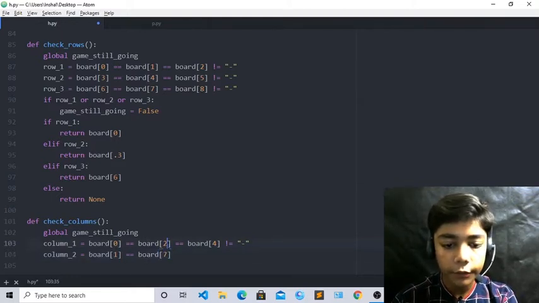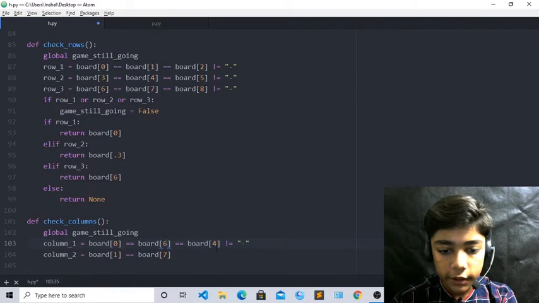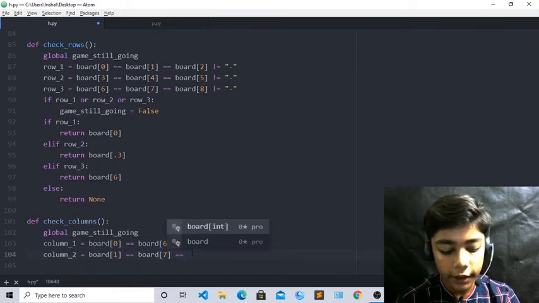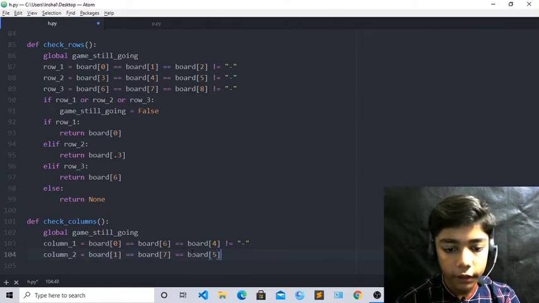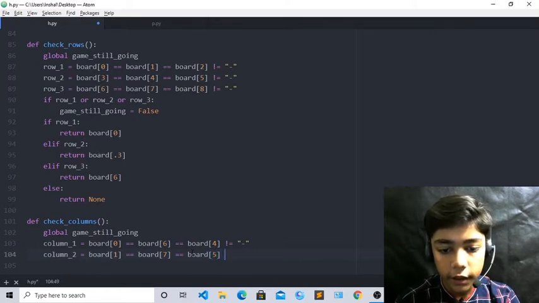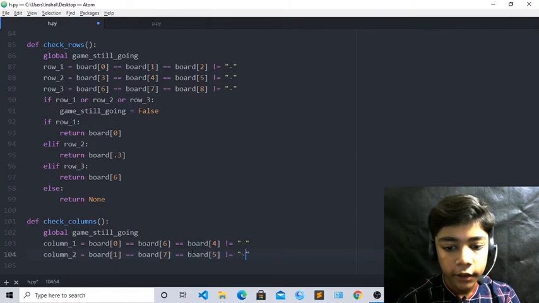So now here you have to write 6, and now here we have to define board, it will be now like 5 here, okay. So now we have defined these things here. Come over here like that and write like that.